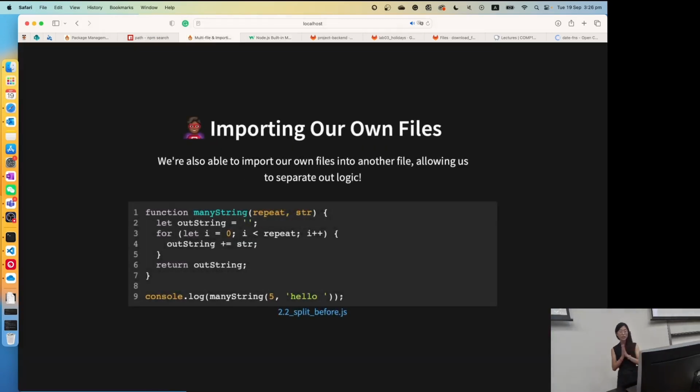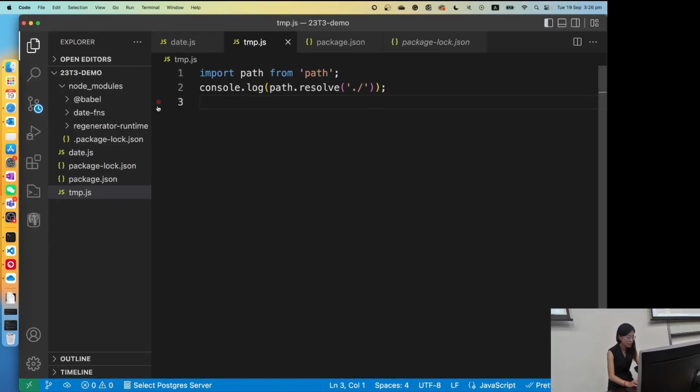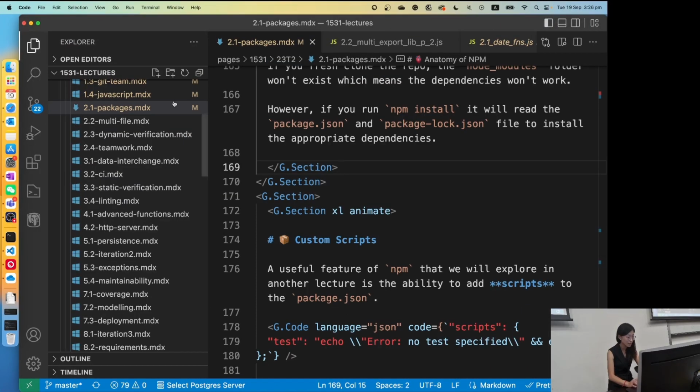Okay, so after talking about the built-in modules, what about importing our own functions from our own files? So let's start with a function called many-string. I will show you first how it works, and then